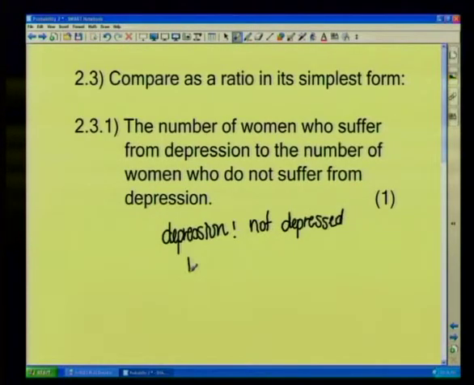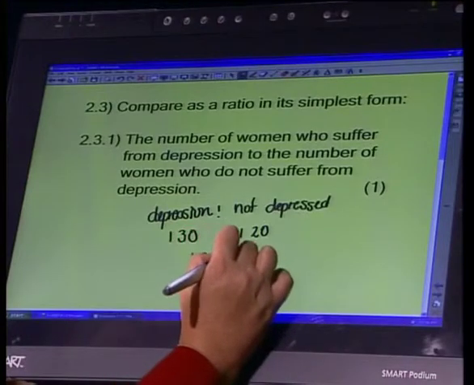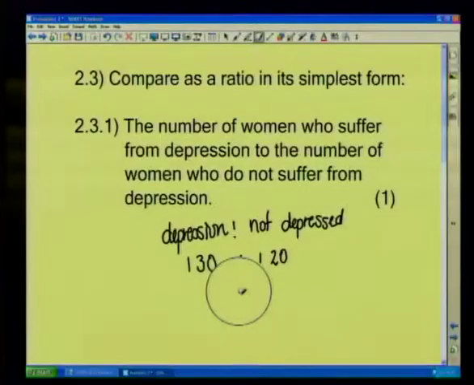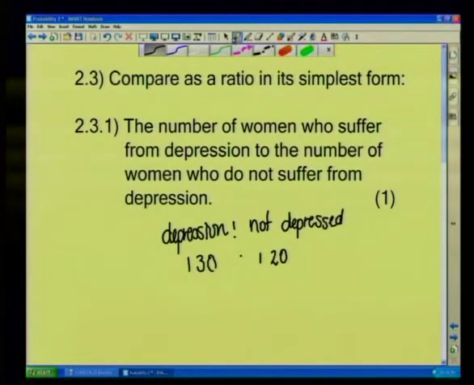So for example, if there were 130 women that were depressed and there were only 120 that were not depressed, you would write it like that, and then you would need to simplify, which means that you need to divide both sides of your ratio by the same number. And because they both end in a 0, you can automatically see that you can divide them both by 10, so you would be left with 13 to 12. That's not the nicest. Right, so you can see then that a lot of the questions that you have seen